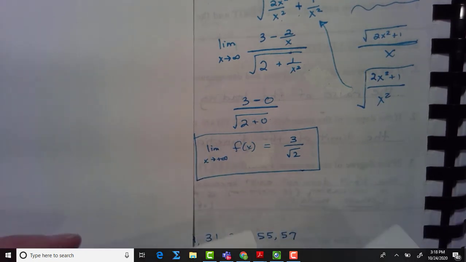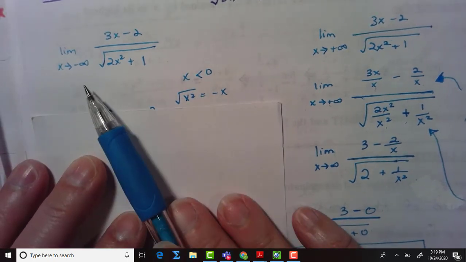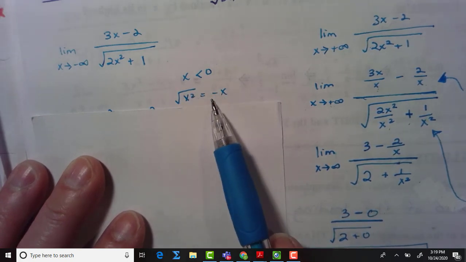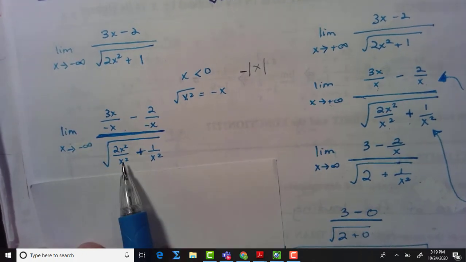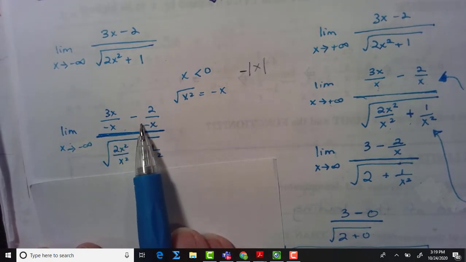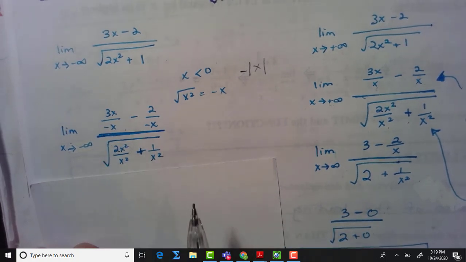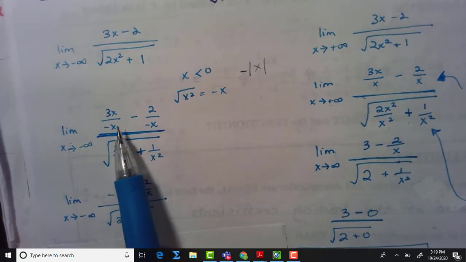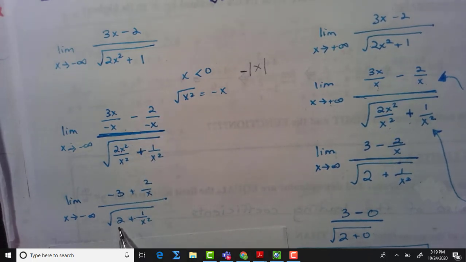Now let's see what happens as x goes to negative infinity. Remember that as x goes to negative infinity, if x is negative, the square root of that squared thing would be the negative answer. So, again, under the radical, that's not a problem, dividing each term by x squared. But here, we're dividing by a negative x because x is going to negative infinity. That's going to give me the limit as x goes to negative infinity. This is going to reduce to negative 3 plus 2 over x over the square root of 2 plus 1